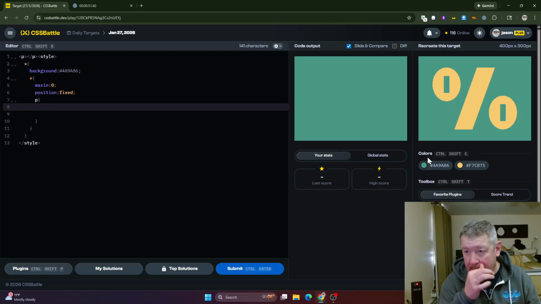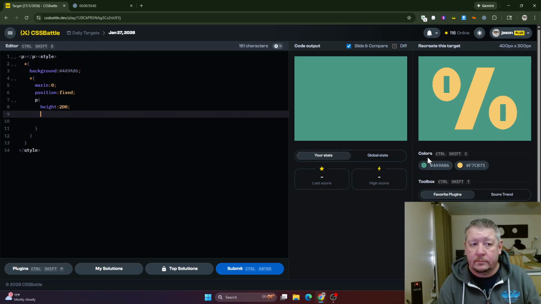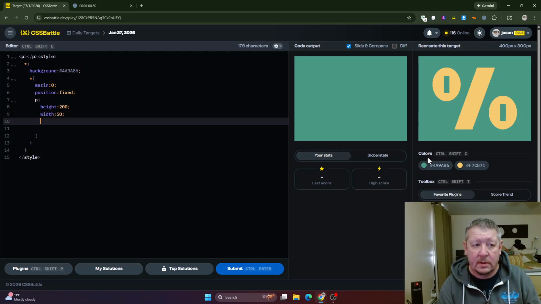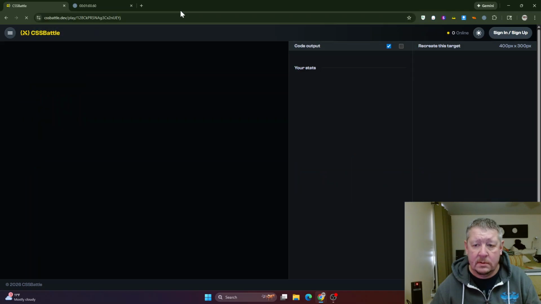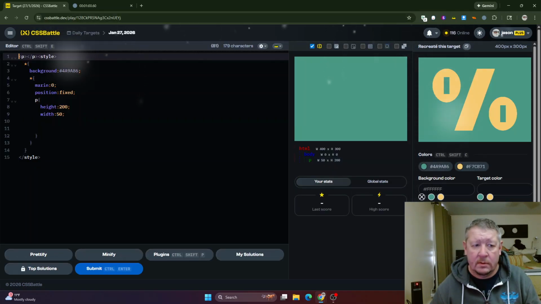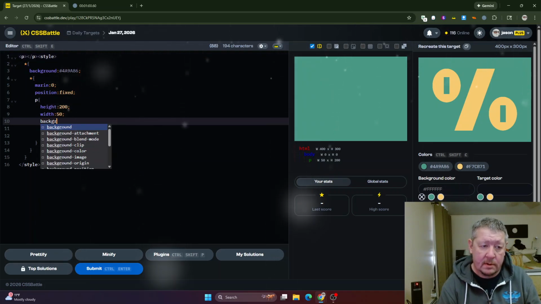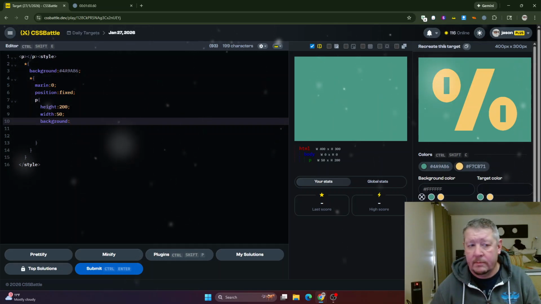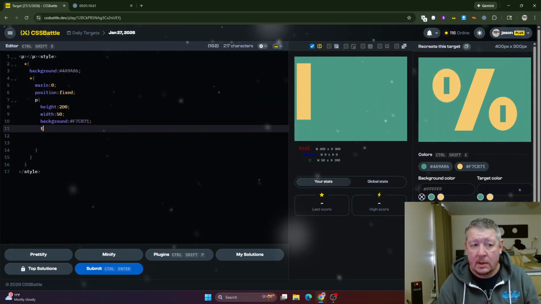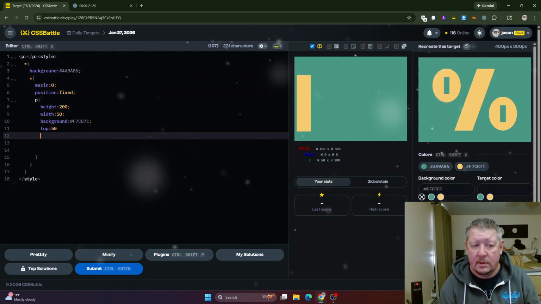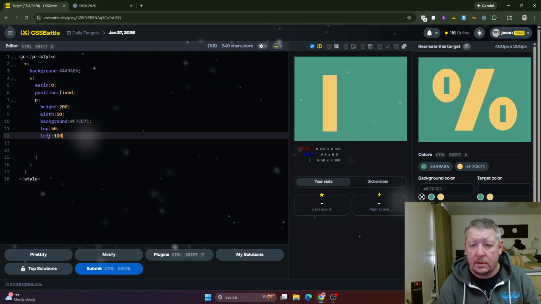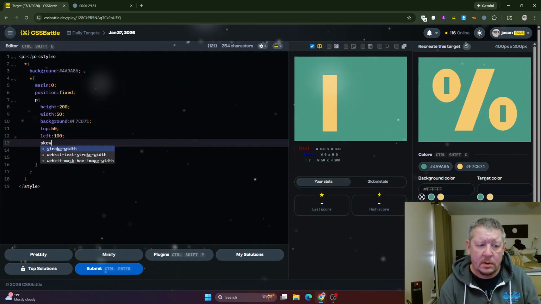What do we want to do first? Let's do the slash thingy first. So let's go height 200, width 50. It should be somewhere at this point. Where is our tool? Oh, it needs a background. Yellow. There we go. Top 50. Left 100. Skew